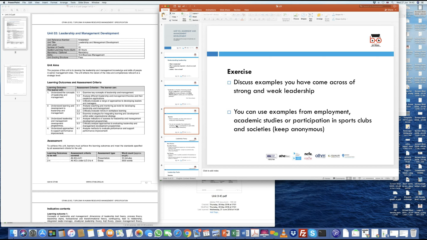So as an exercise, what you've looked at is, when we look at the examples of strong and weak leadership, we can look at politicians, we can look at examples, as you mentioned, within a work team project that you're doing. When you look at your office or your employment, sometimes you will see, like you mentioned, your studies, submission of assignments. So that is where the idea is, yes, we want to be able to differentiate. And I think we will accomplish that by you answering that part of the question, saying, where do you see strong and when do you see weakness in terms of leadership?